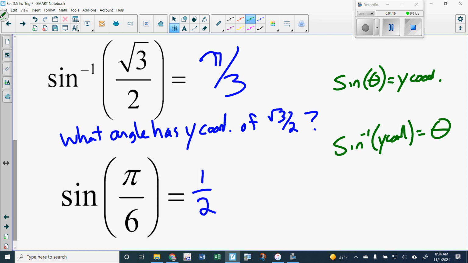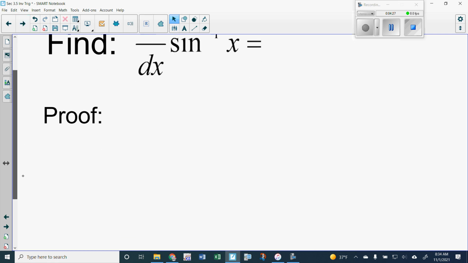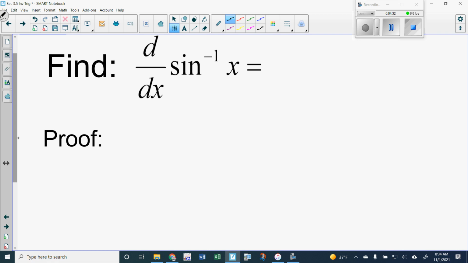All right, so now we're ready to find the derivative of inverse sine. Let's go about how we're going to prove this. At this point, we're not going to use the definition of derivative, the limit as h goes to 0 of f of x plus h minus f of x over h. We don't have to use that. We are going to use implicit differentiation. So if I have y equals the inverse sine of x,